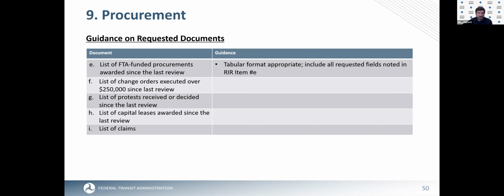Was it an RFP, a request for proposals, maybe an IFB, invitation for bid, or perhaps it was a non-competitive procurement like a sole source? That would be very important information that you would want to note in this listing of FTA-funded procurements. Now, the reason this is so important is because you're providing this with your RIR. What's going to happen after that is your reviewer will take a look at this listing of procurements,